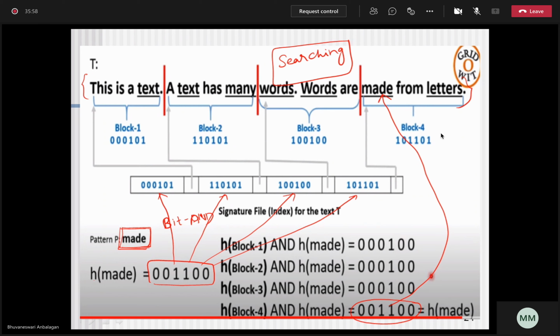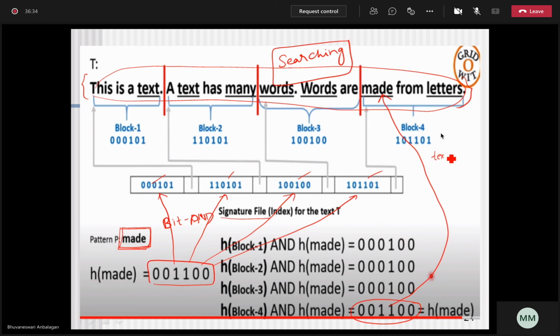So this is how a signature file is more efficient in storing the records in a very simplified manner. Instead of storing this entire text, I'm going to store only these 6 bits, which are available in the signature file. The signature file is also an alternate way of creating the index for a text file. You got it? In other words, if I have to create an inverted index, what will happen?